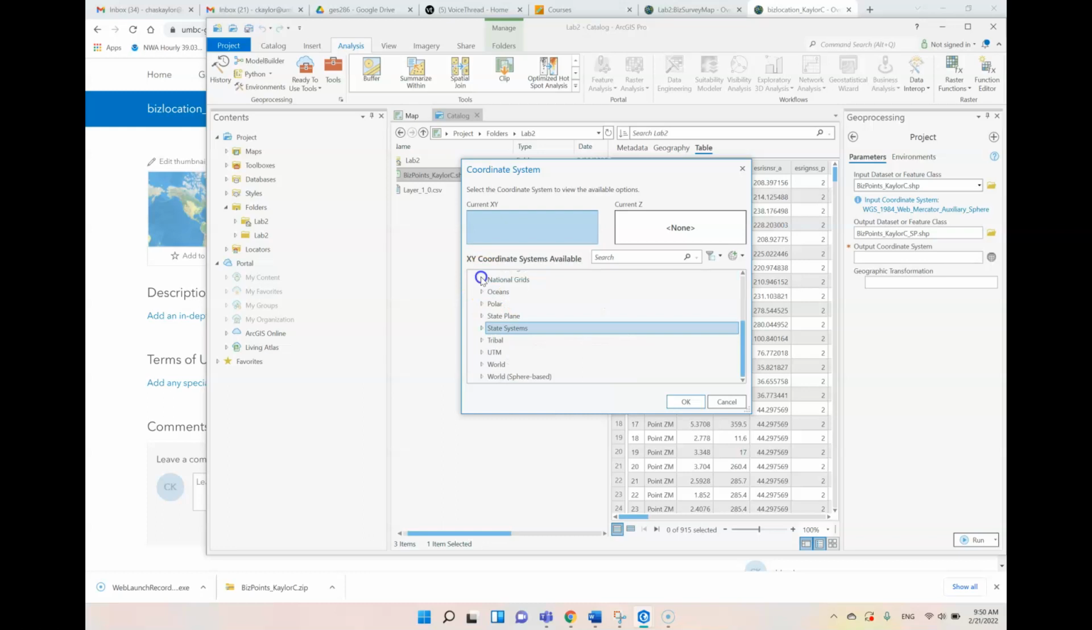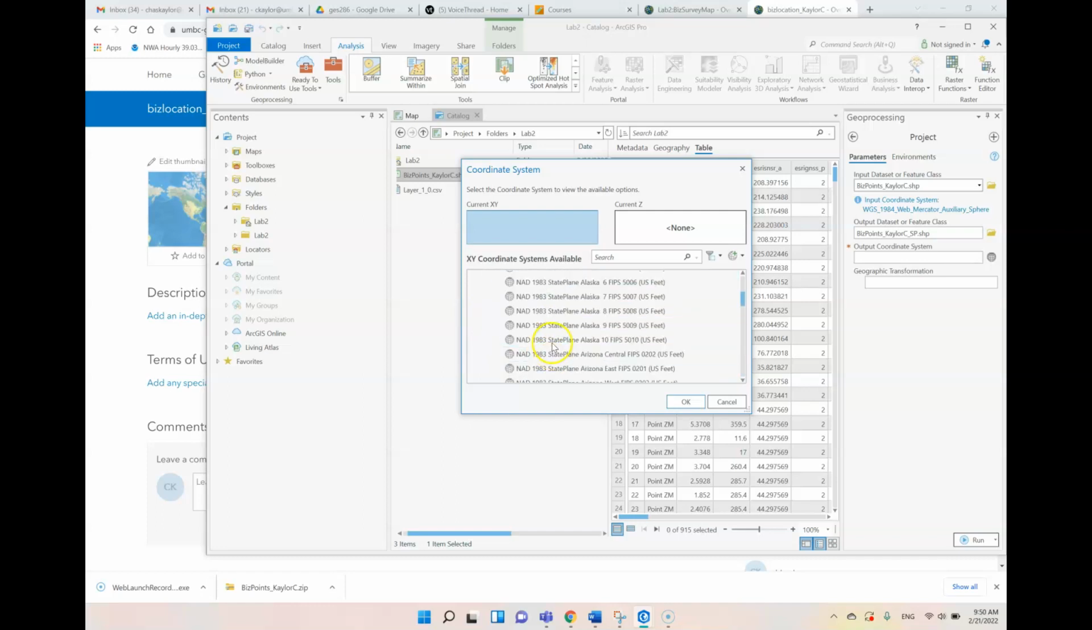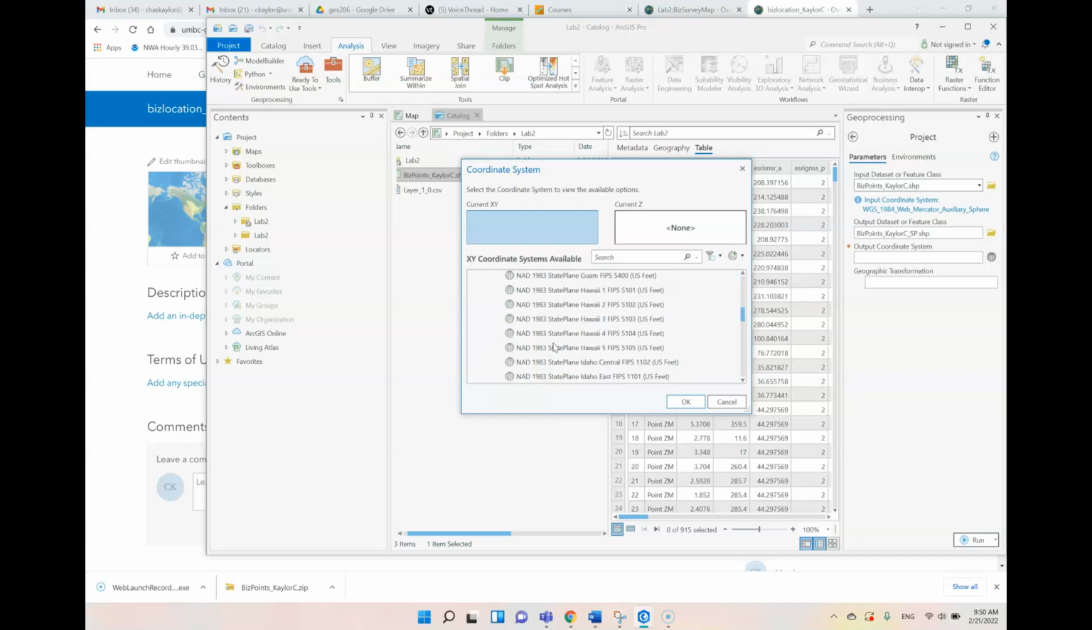I think I opened the wrong folder. I'm looking for state plane, not state systems. I'm working with an unfamiliar mouse this morning. And so now I'm in the NAD83 US feet folder, and I'm looking for